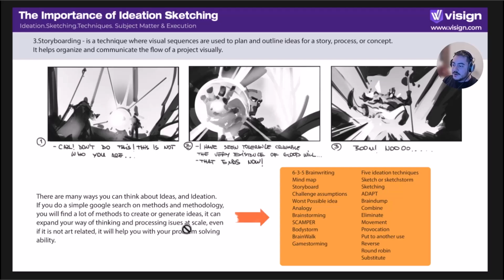It can expand your way of thinking and processing issues at scale, even if it's not art related. It helps with your art problem solving ability, and in general problem solving ability across the board. It is not related only to art, but it makes you think differently over time. You'll see here you got 635, brainwriting, mind mapping, storyboarding. You have challenge assumption. You got worst possible ideas, and the list continues. I do suggest you actually check this whole list and actually check each part and component to understand more about